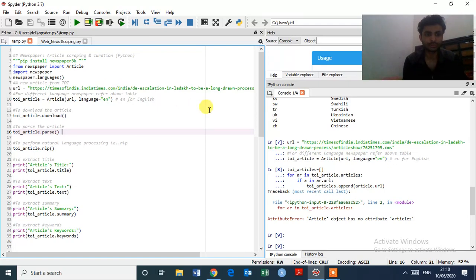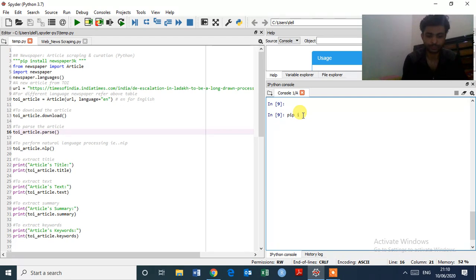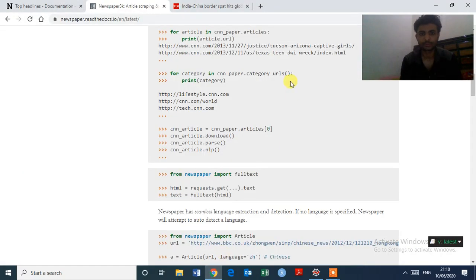So first we need to install it: pip install newspaper3k.